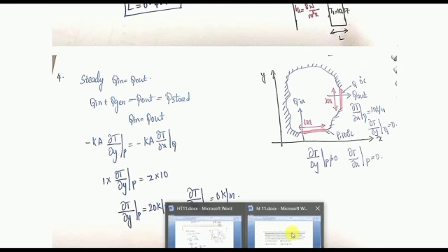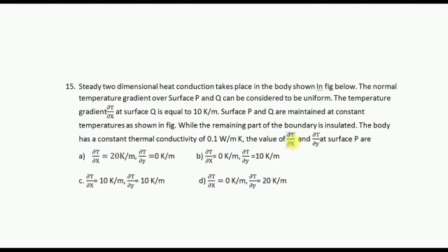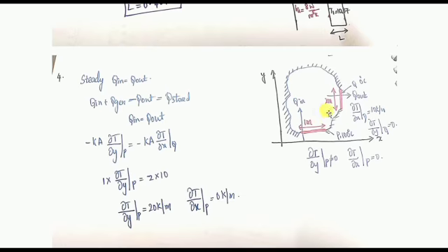Actually, in the question you can see first what they have given, because insulated things they have given. Yes, the remaining part is insulated. This is very careful. You need to understand. If this is insulated, only it will be coming in this direction and going out this direction. See, it will be coming in Y and it will be going out in X direction.